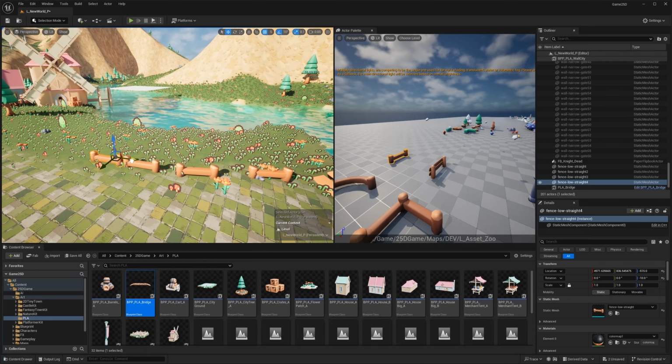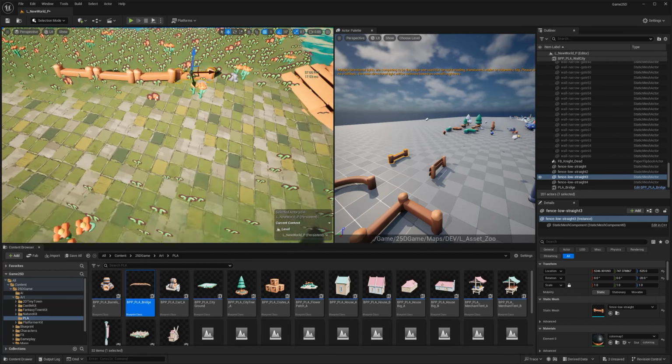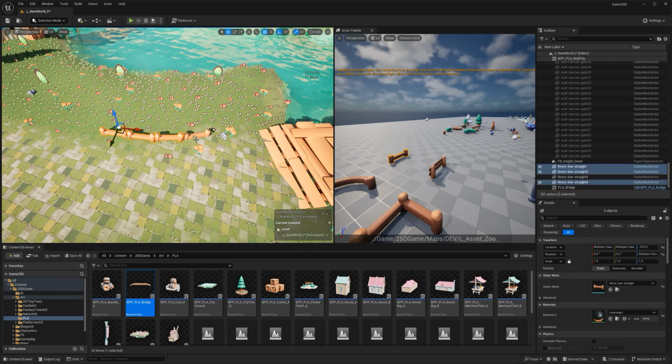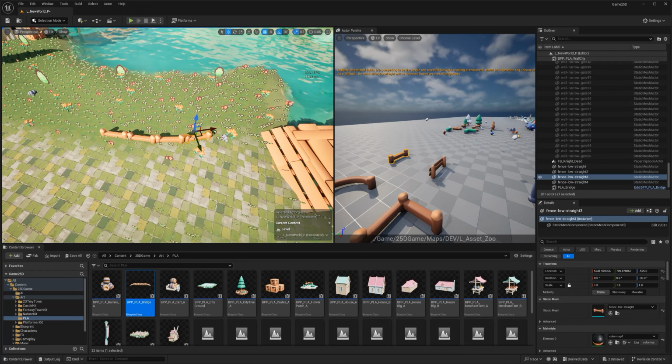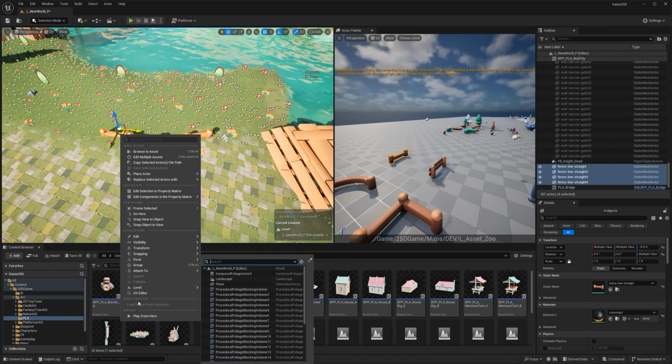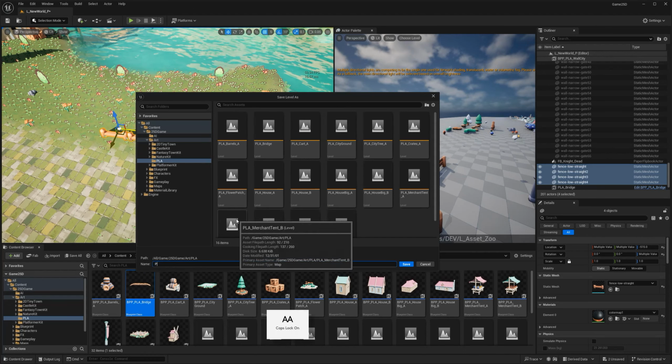I'm doing it by hand because we still need to do so much more, and I just don't want to go out of scope in this whole process. So let's say I'm happy with this small arrangement. If I feel this can speed up my process or world building, I can just select them and, you guessed it, make this into a PLA. Level, grade, pack level actor, same settings, PLA, fence.